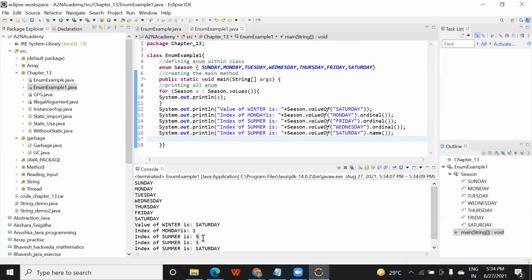So for this, the enum data type is used. You can use month also here. Normally, suppose in an online form, they ask your date, month, and year. In the month, sometimes they take 01, 02 till 12, right? So there we use the enum data type.